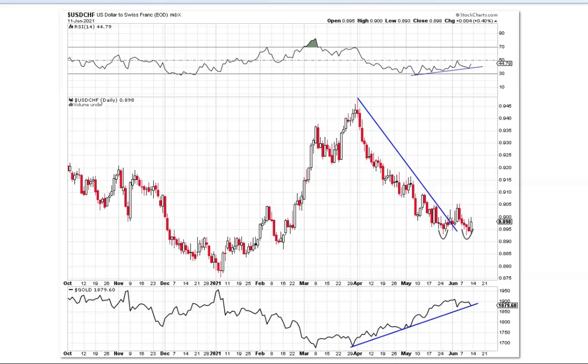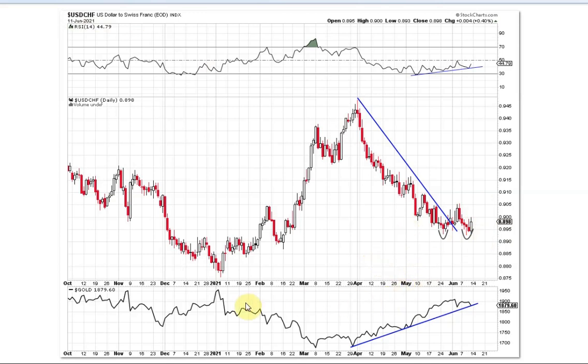On it, it's basically showing the US dollar versus the Swiss franc. And it looks like, with this trend line, that the top peaked in April, and we have a double bottom here. It broke through the downtrend line, and it looks like it wants to move higher. Now this is back on the 11th. We're now on the 16th. It has gone higher, so that looks like it could be a bottom, at least on this chart,